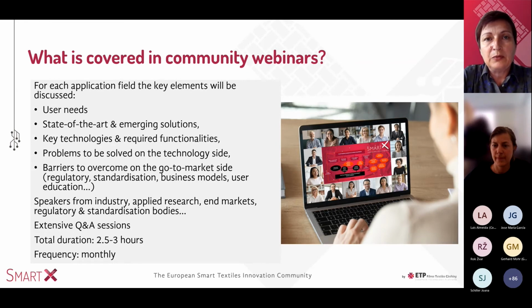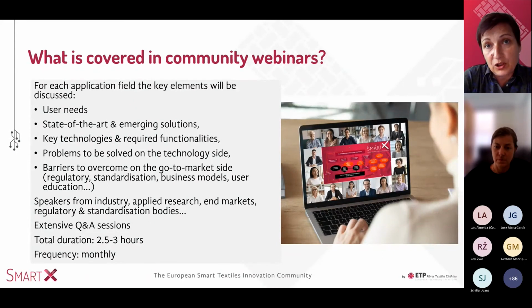needs. We need to discuss which technologies we have available today, and not start the prototyping from scratch. And in the same way, we will discuss the very important key technologies which can then be used in smart textiles for the medical sector. And of course, what is also a blocking factor towards the market are regulations, standardizations, and